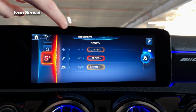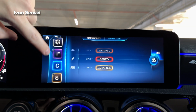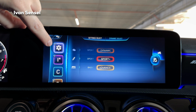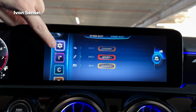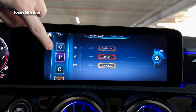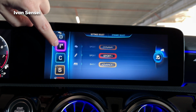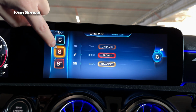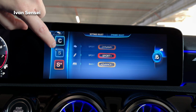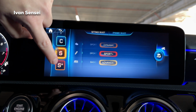The pencil here: if you tap on this, you can change the order, or you can disable a mode. So if I don't want to use this, I can tap on it. It's sort of in the background. Now you cannot even use this, so you can hide it. Some of these you can hide, some you cannot. You still need to have two modes. So you can leave, for example, you can hide the